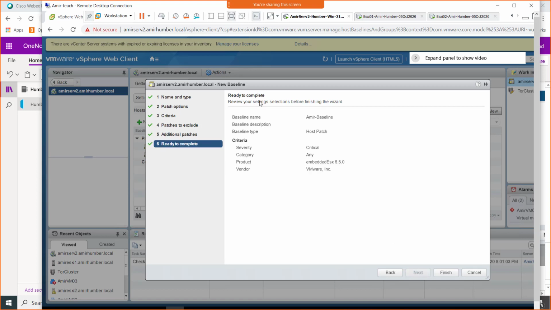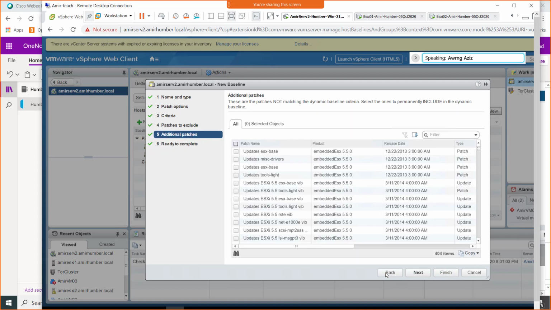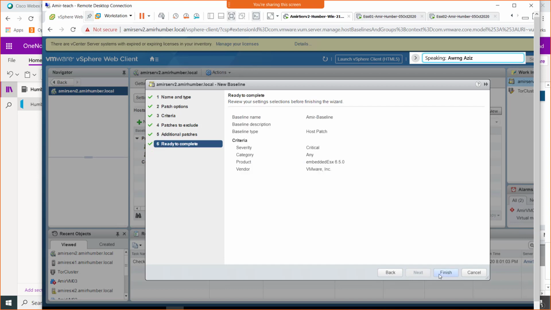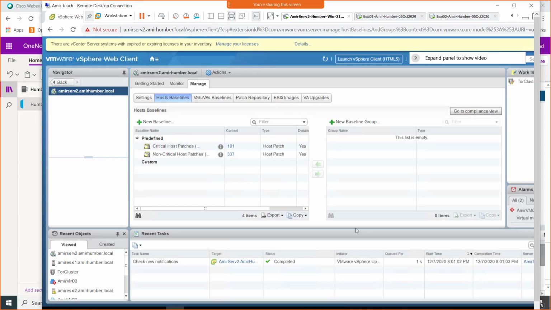And then ready to complete. So you didn't select anything there? No? Okay. And then click next and finish. Alright, so the baseline is created. Now we're good.